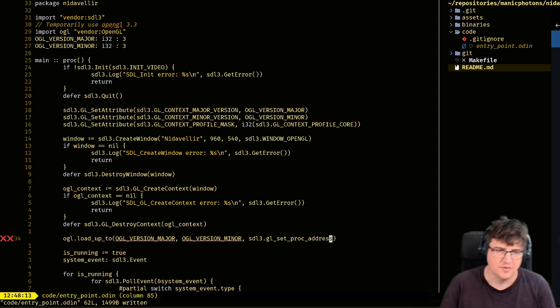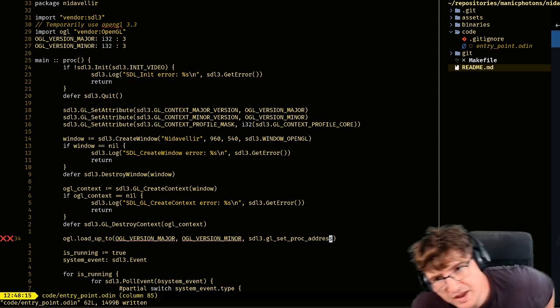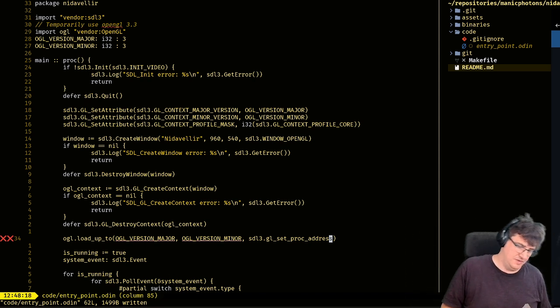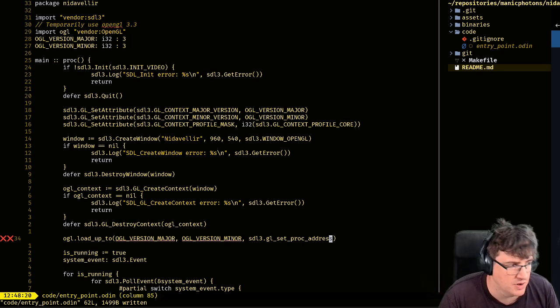There. I really want to sort my Odin formatting rules. I'll be doing that shortly. If I have time, I might even do that before I stop. Okay. Cool.